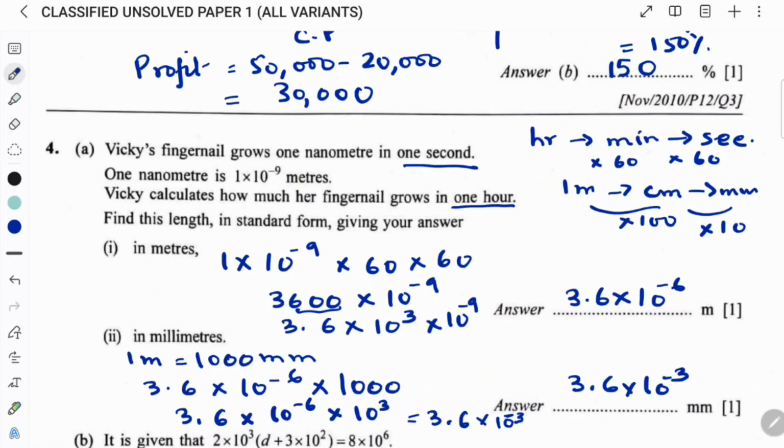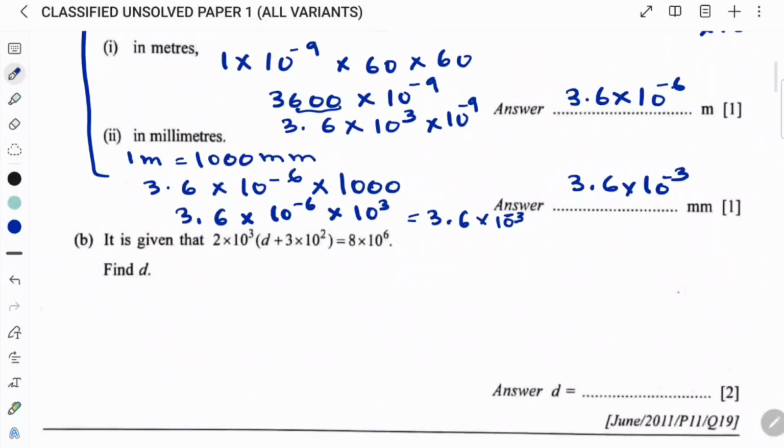we change this to calculate how much a fingernail grows in hours. The question was given in meters, but they were asking us to get it into hours, and we found the answer in meters, and then they asked us to change the answer into millimeters. That was the part of part A, so that's why we are following the same thing. Now part B, obviously it's a different question.